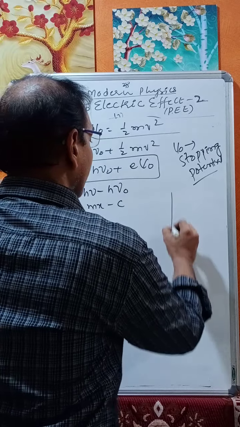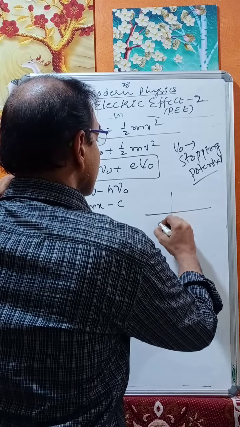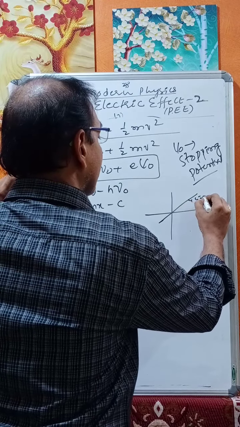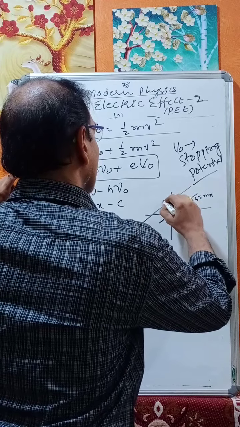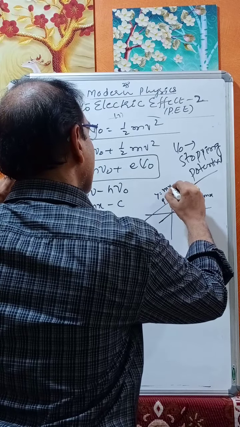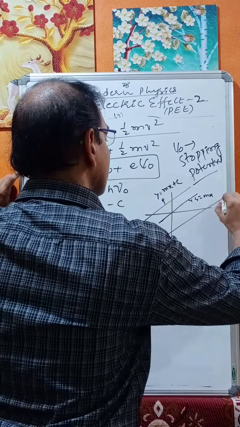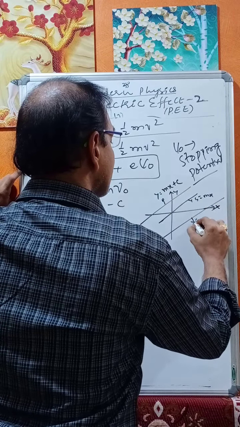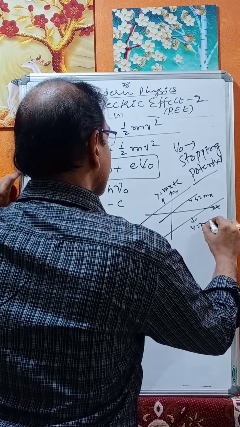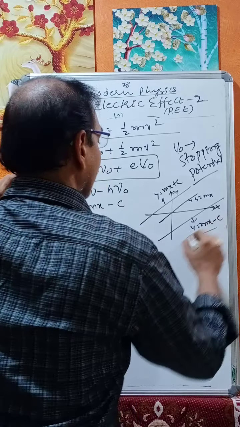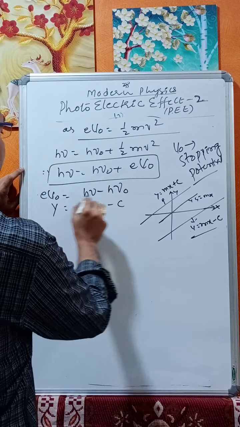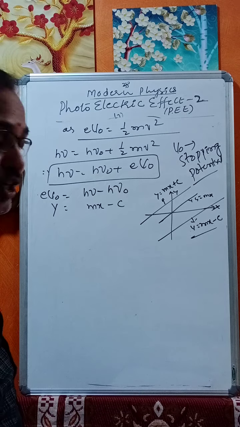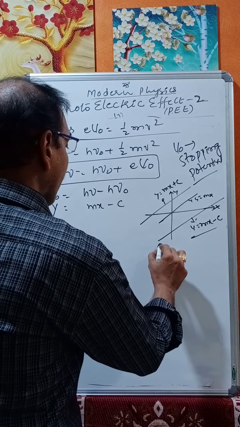If you plot a y equals mx graph, this is y equals mx. This is the y equals mx plus c graph. This is x, this is y. This is the y equals mx minus c graph. So in the format eV naught equals h nu minus h nu naught, to plot a graph of,